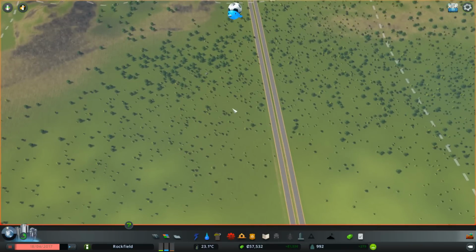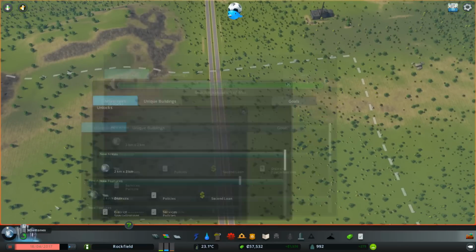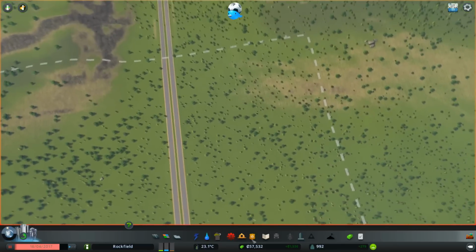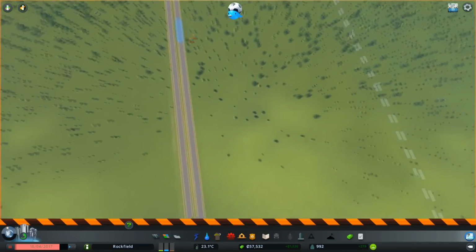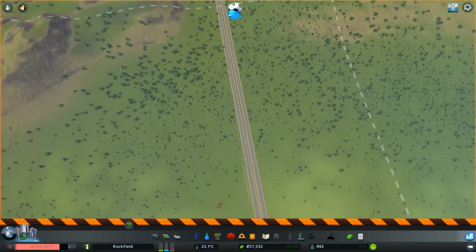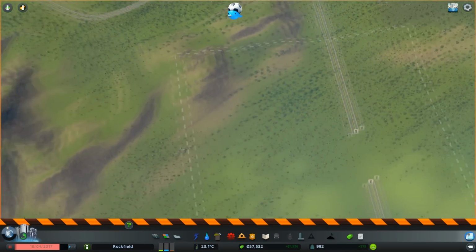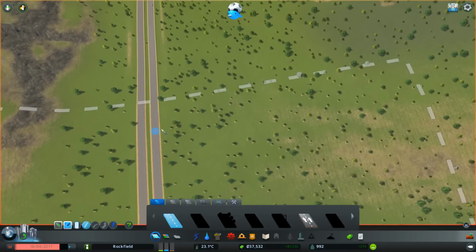Now you've got to bear in mind that we have to get up here, and if I show you the scenario goals, we've played 17 weeks, so we've got to keep the money positive and we've got to keep the population positive. So what we've actually got to do now is move the population, and the first thing you've got to do is break the link to here, because you cannot afford for your traffic, your vehicles to keep feeding that area. And what we're going to do is we're going to come out here